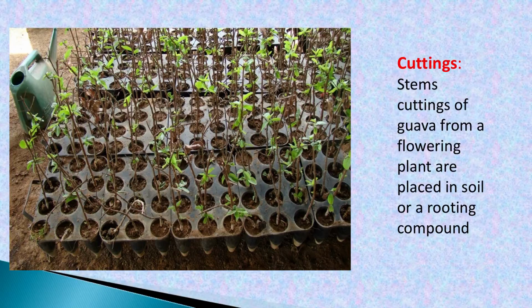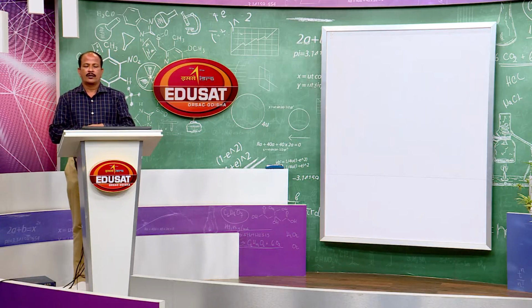In this slide, you can see stem cuttings of guava. A stem cutting having a few buds is put in soil having some rooting medium, and usually horticulturists give rootgene, which is an auxin, for production of a larger number of roots. So, once roots are induced in these shoots, these plants establish. So, what is the advantage of this? Now, from a single plant you can produce a large number of plants by stem cutting, and the advantage of this is